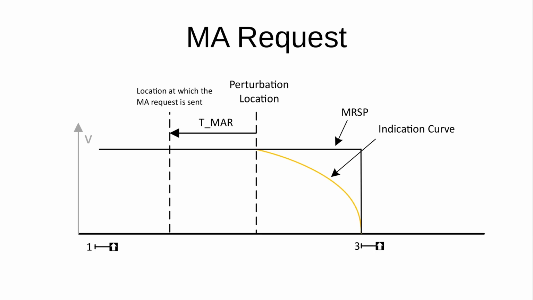Before the brake application point, which is the perturbation location at the start of the indication curve, the onboard unit sends an MA request to the RBC at the time defined in the variable TMAR before this point. The time TMAR is necessary because the RBC needs time to generate and transmit an extended MA, and if the route is not already set, this must happen as a prerequisite, which can take considerably longer, especially if there are